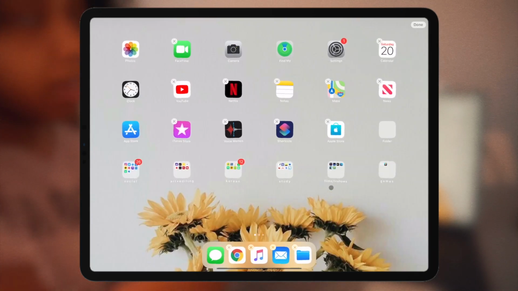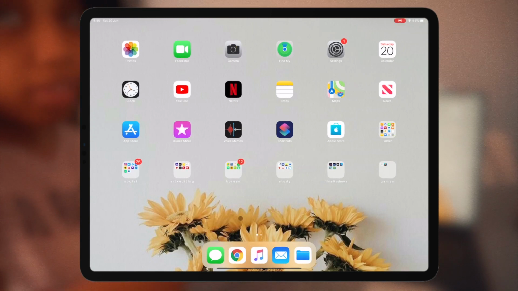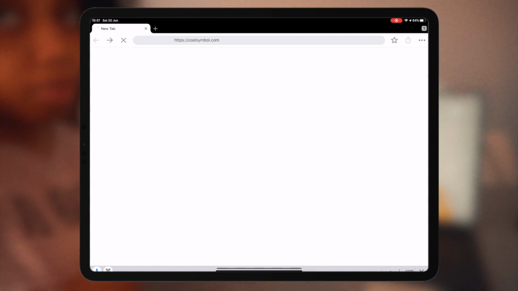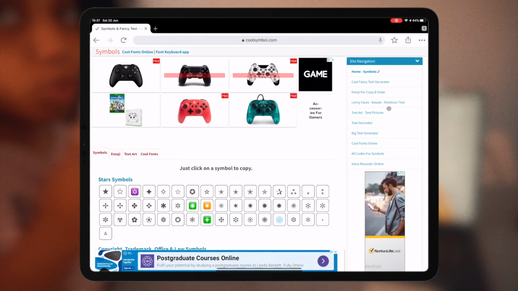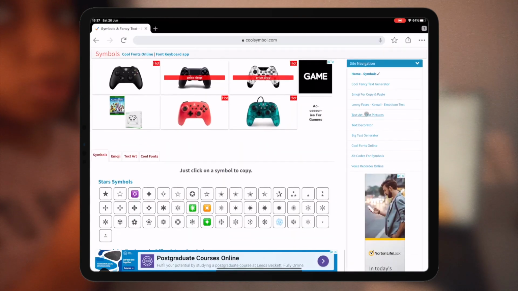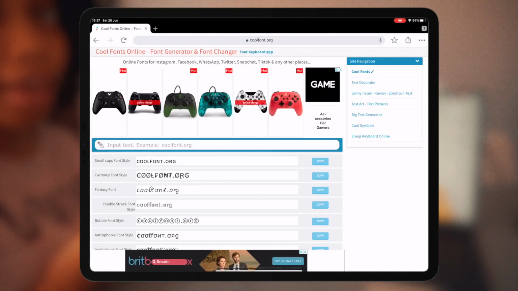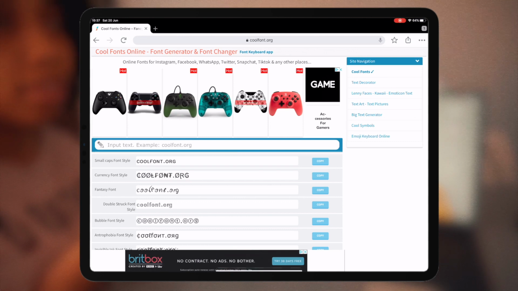Okay, so if you're wanting to change the font of the text, a great way to do that is going to coolsymbol.com, and you are able to add any symbols on there if you want that. But if you want to change the font, go onto their text generator and you can type in anything you want, and here you'll see a few different fonts down below, and these are the popular ones that I've seen